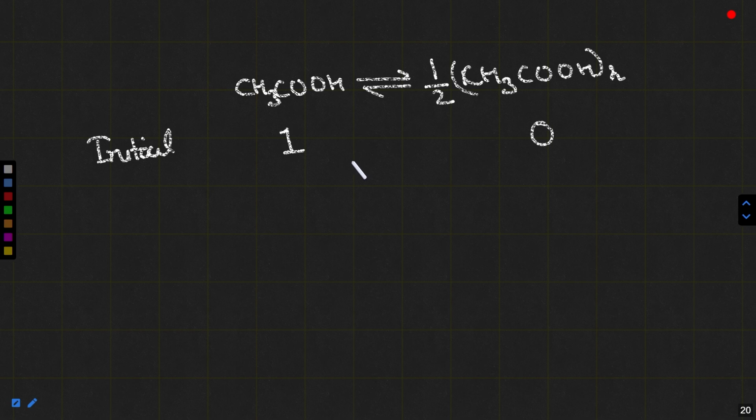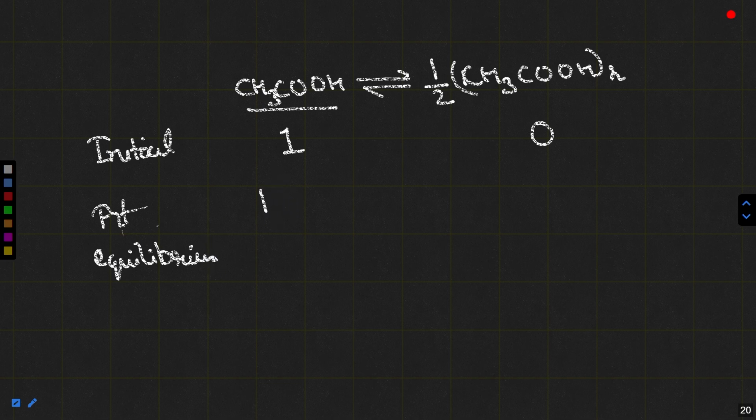Remember, we were doing the association in the benzene solvent. Before the introduction of acetic acid into benzene, one molecule was present. Now, after we dissolve, or more appropriately at equilibrium,